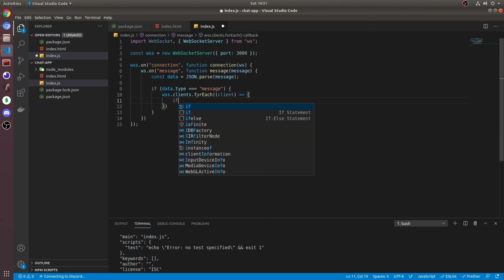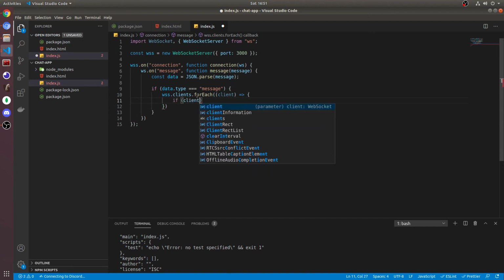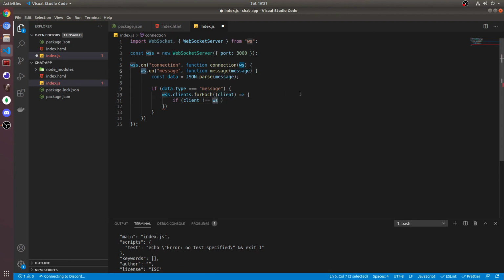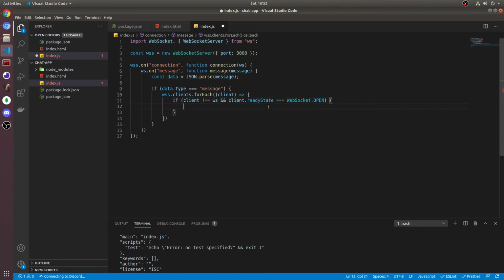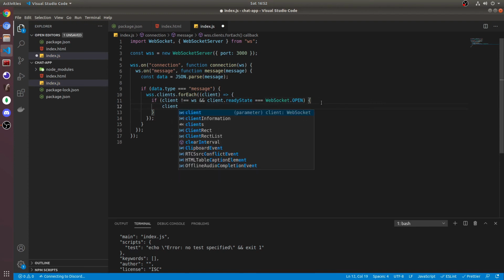And then we do if client is not equal to the current WebSocket client. So this is the one that sent the message. So if the client is not equal to the one that sent the message, and client.readyState is equal to WebSocket.OPEN, we'll send client.send